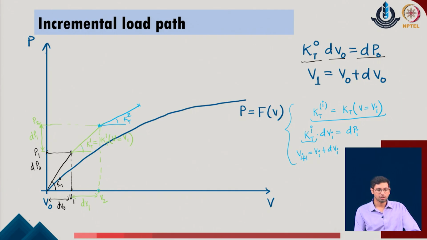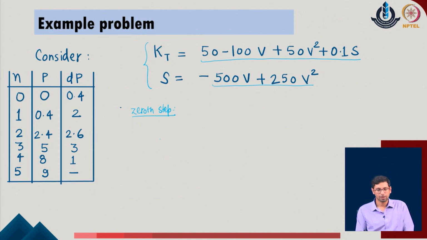So, each time we are able to define the tangent stiffness value in the same order in which we are doing the increment in the system. With the 0th step, we first evaluate the KT value, which is KT0 in the given problem. The KT0 happens to be KT with respect to V equal to V0, and I realize that the V0 value is 0 in the given problem, which we have considered.